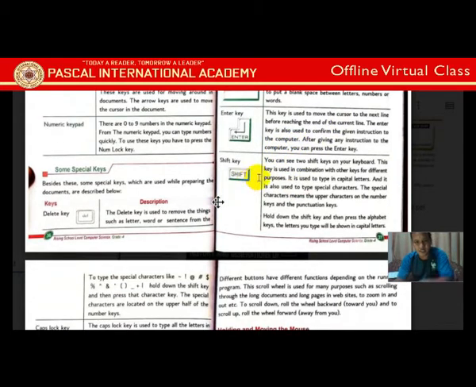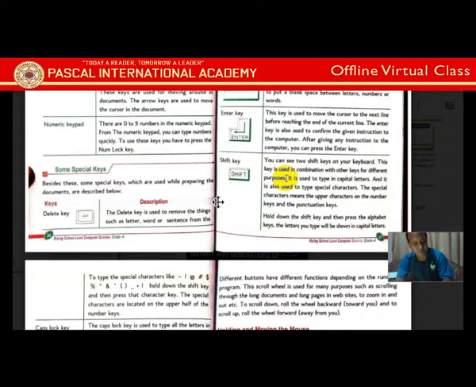Next one is the shift key. Shift key is one of the very helpful keys. It has many functions. If you hold shift and press any letter, it can be capital, it can be small also. And on the upper 1 to 9 row there are some other special symbols also. If you want to use the dollar sign or the percent sign, you just hold shift and press 5, it will be the percent sign.